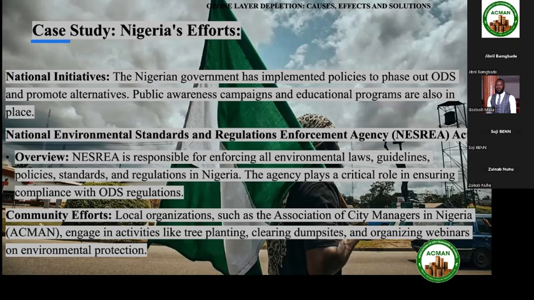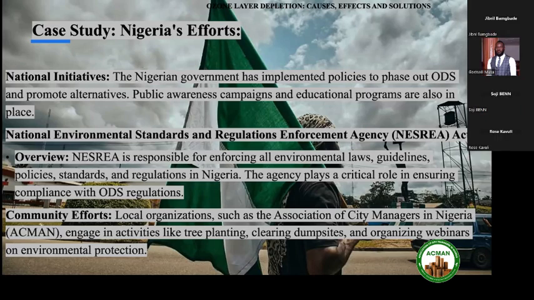They also clear dump sites, because most people are not disposing of their CFC items properly; they take an old AC or a refrigerant and throw it in the bin, and it's affecting us. So be able to know how to recycle some of these materials so that they do not have an effect on the environment. And they also organize webinars such as this to sensitize everyone.